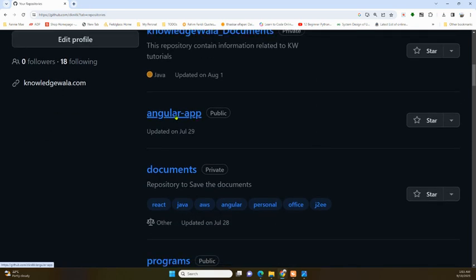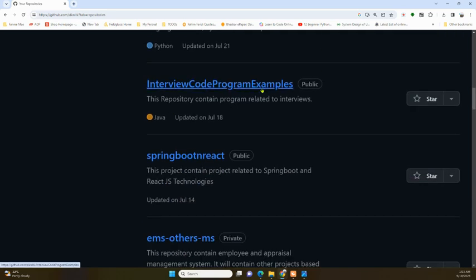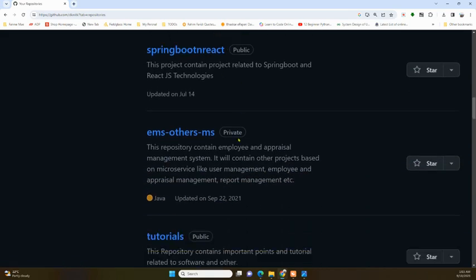Angular app, related to Angular applications and programs. Obviously, again, it is going to be Python code or Java code inside this. Interview coding problems, related to interview questions. Spring Boot, EMS, other